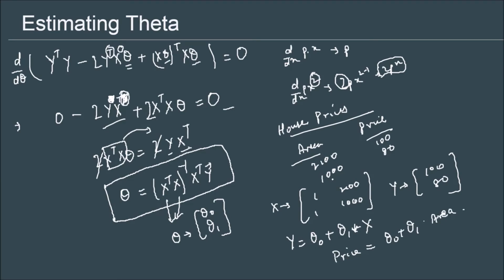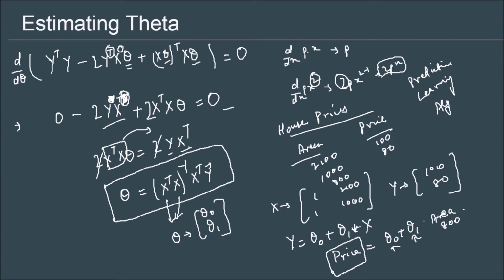So tomorrow if an unknown quantity walks in over here, so if I want to estimate or predict the price of a house which is of area, let's say 800 square feet, I can easily plug in 800 over here, and theta 0 and theta 1 will already be known to me, and I can find out what the price is for myself. So this is the first predictive learning algorithm